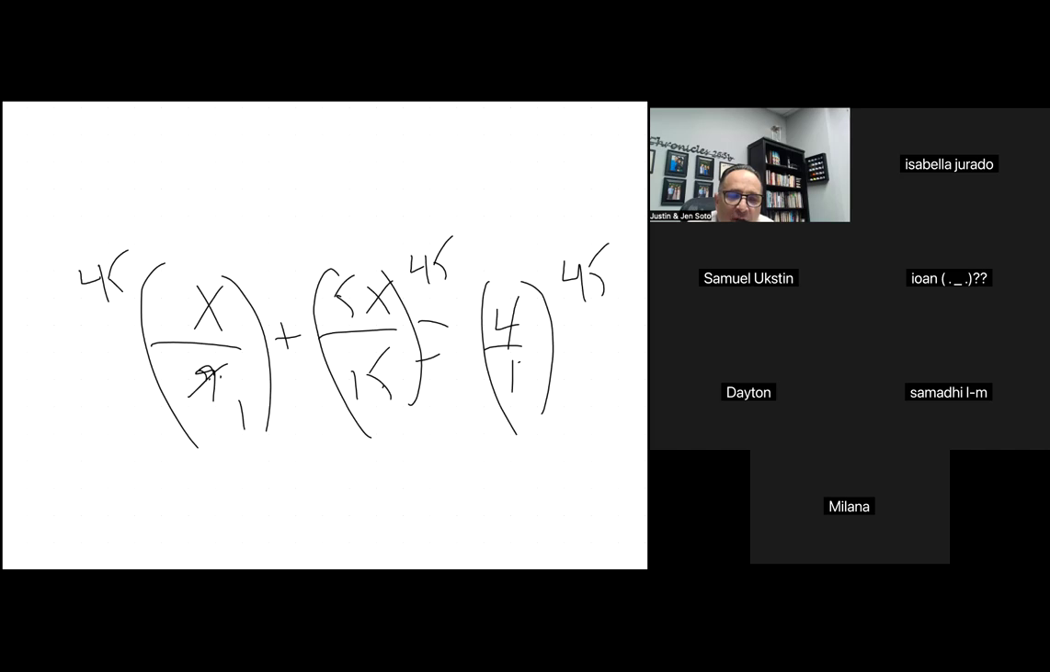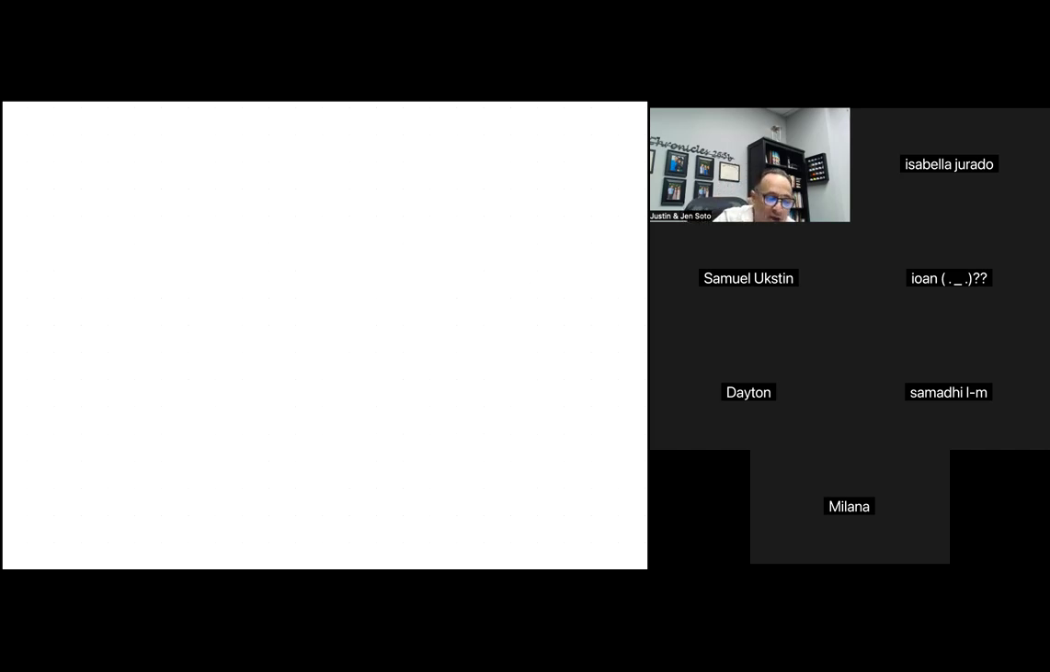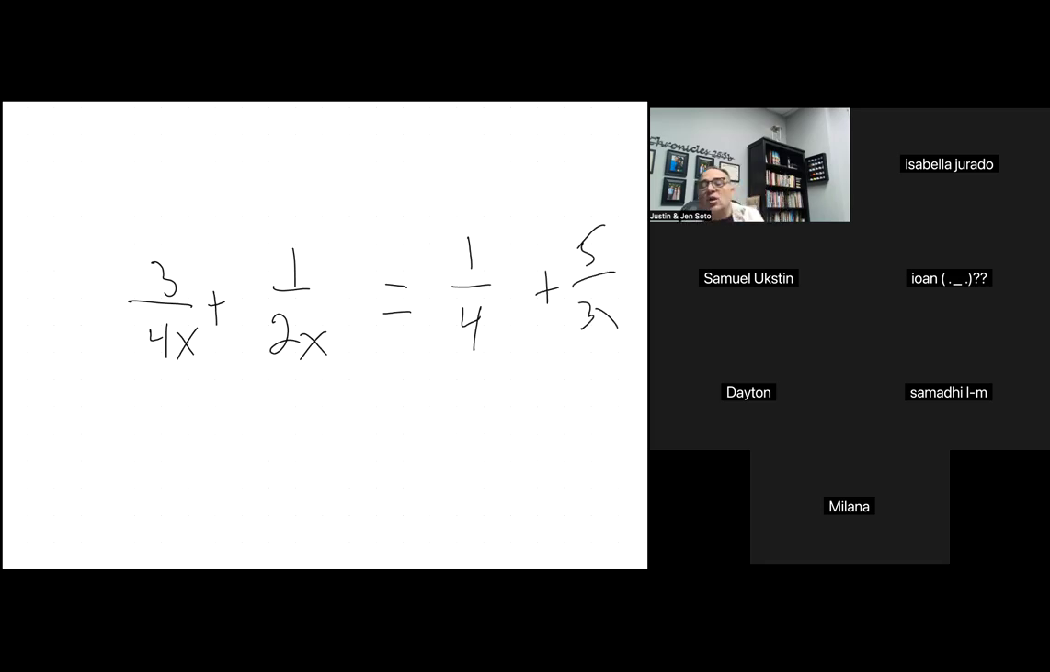Let me go back to the one that we did, number 8. So I have 3 over 4x plus 1 over 2x is equal to 1 over 4 plus 5 over 3x. I can't have a variable in the denominator, so I have to multiply